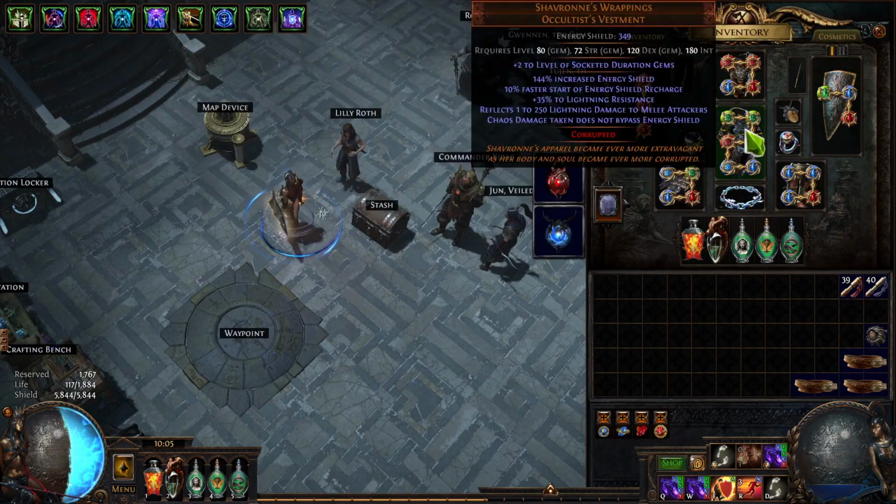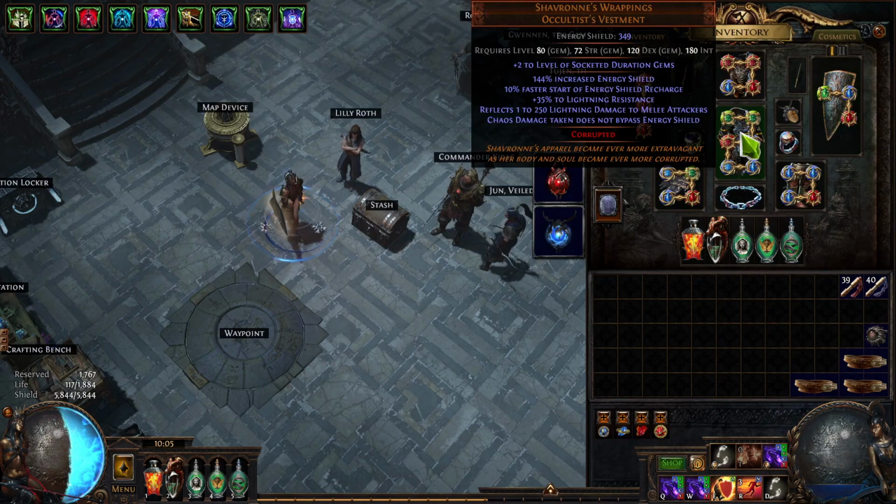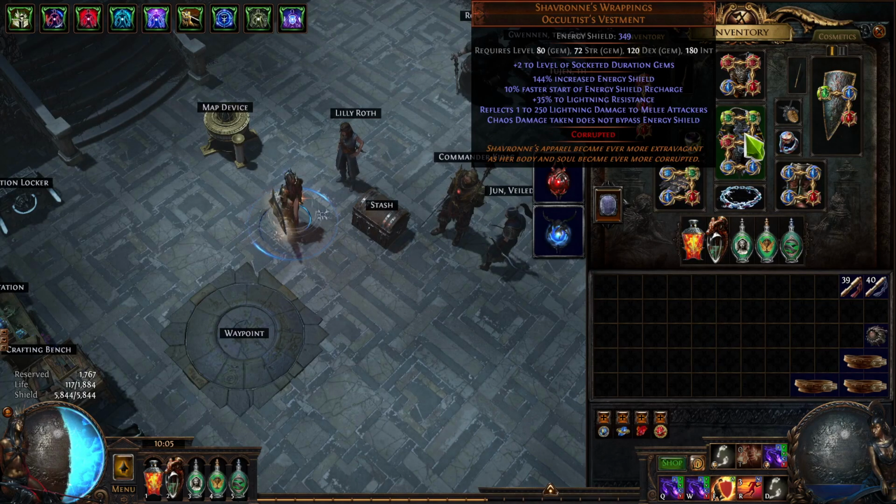When it comes to the gear, very classic low life setup with the Shavs plus Prism Guardian. If you can get Shavs with +2 levels of the gem, the tags that you can get +2 levels are AoE, Duration, Projectile. All 3 of those will work, so you can get potentially +4 Shavs and do much more